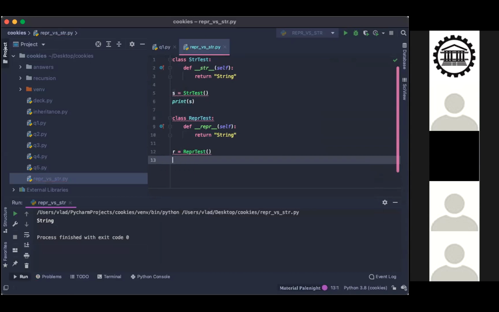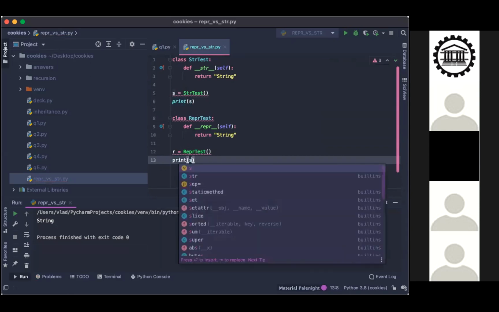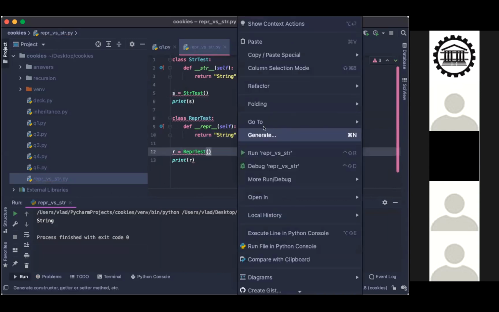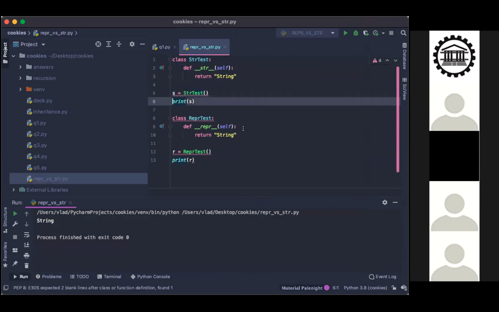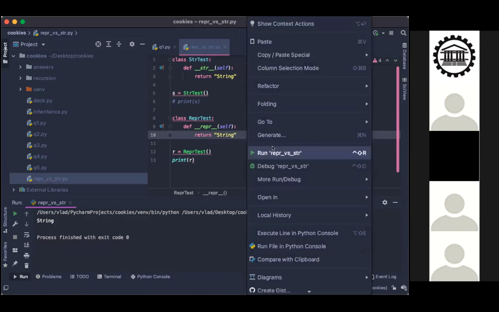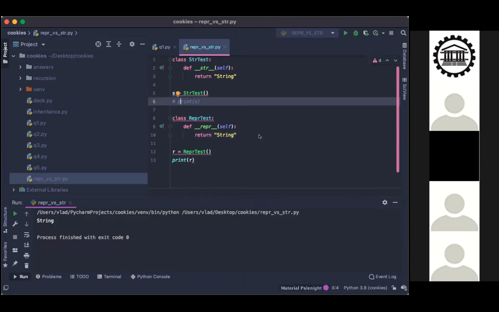What do you think would happen if we did print r? Anyone want to guess? Would it be string? We can try. So here I commented out the first print. Here, it would also be string.